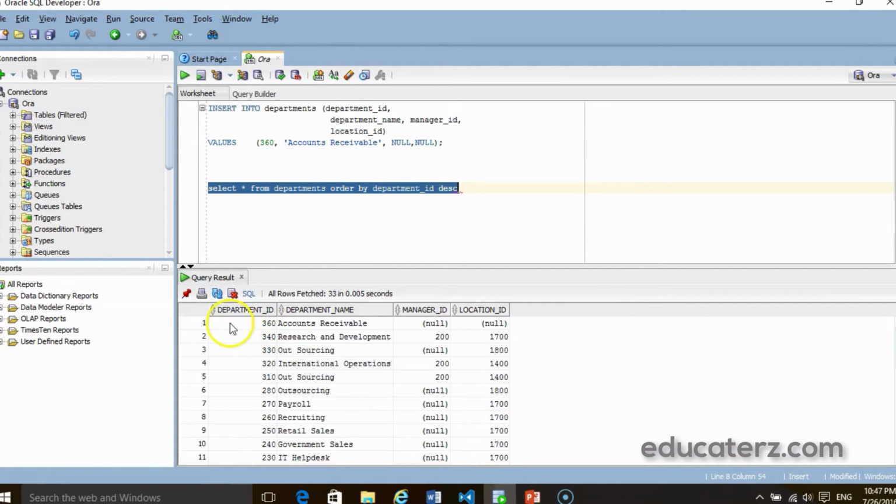Look at this: department ID value is 360, department name is accounts receivable, manager ID takes null value, location ID takes null value. That indicates that manager ID is empty and location ID is empty. If you observe the query, for the manager ID and location ID, we are passing empty values or null values, in other words.